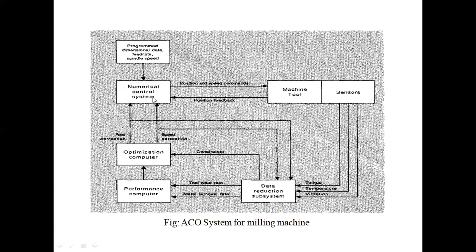So the numerical control system will take that and make the required changes, isn't it? The program dimensional data, feed rate or spindle speed, was fed as per the standard part program, right? As per the standard part program, this was fed, but based on corrections here, this adaptive control technology is ensuring that feed rate and speed are corrected, right? Time and again.